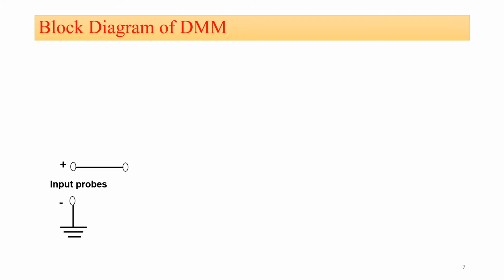Now the first one is your input probes. If you see, the negative terminal is connected with the ground and the positive terminal is connected with the function which we are going to calculate by using our digital multimeter. As we know, for a digital multimeter there are basically two probes, the black probe and the red probe. Your black probe is nothing but our negative probe, and our red probe is nothing but our positive probe. Means for the input terminals of our digital multimeter, our black probe should compulsorily be connected to the ground, and our red probe should be connected to the function which we are going to calculate by using our digital multimeter.